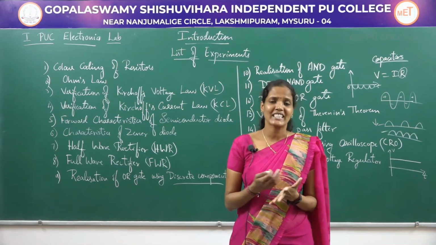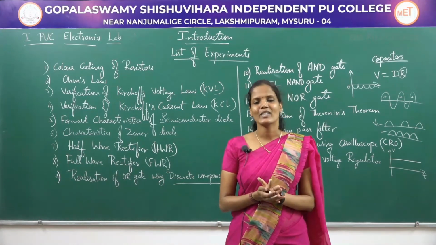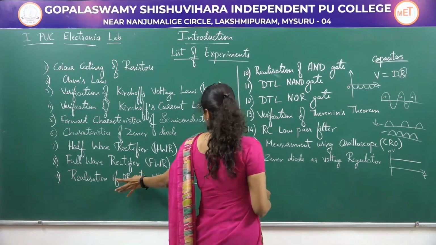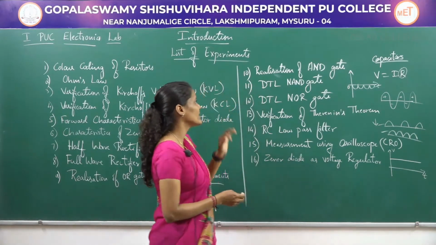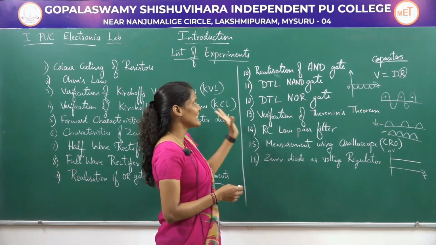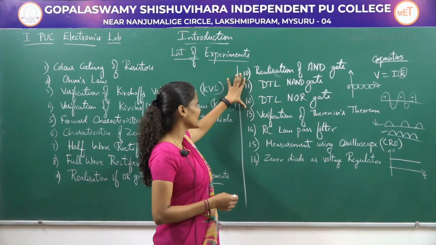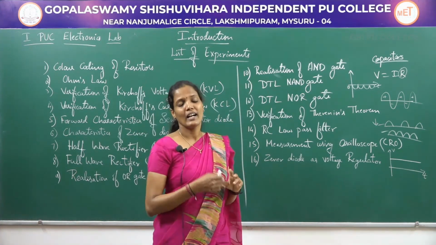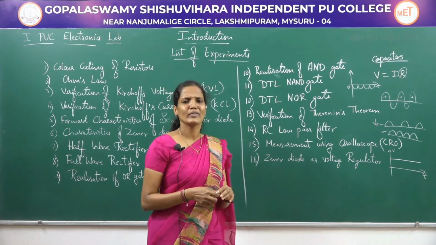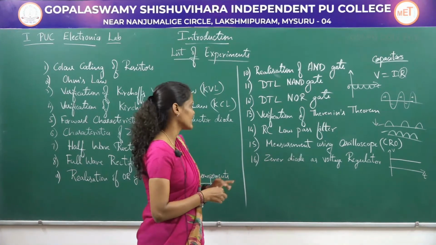With the help of these transistors and diodes, how we can realize this OR gate, AND gate, NAND gate, NOT gate will be completely studied from the 9th, 10th, 11th and 12th experiments. We are going to study in our theory classes what exactly is AND gate, OR gate, NAND, NOR, and all of these experiments are conducted with the help of diodes as well as the transistors. Along with that, we are also going to use some of the passive components, that is the resistors.